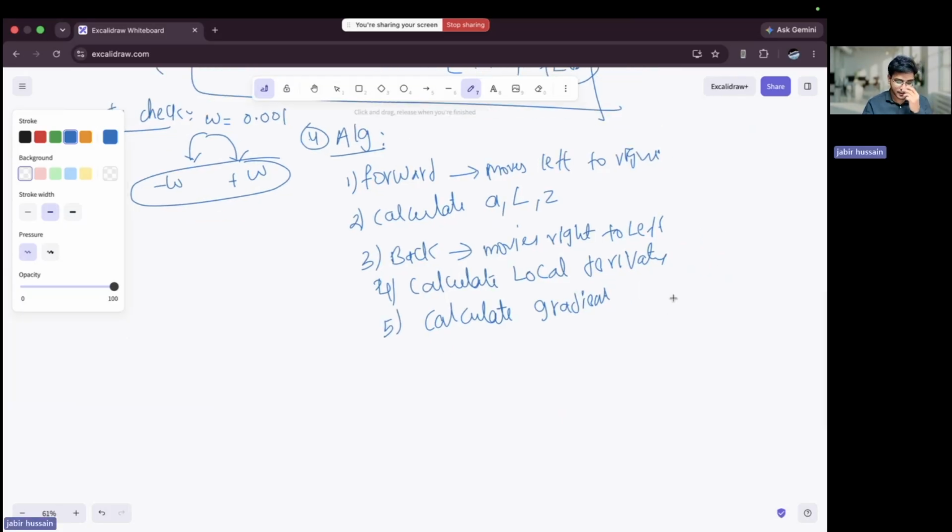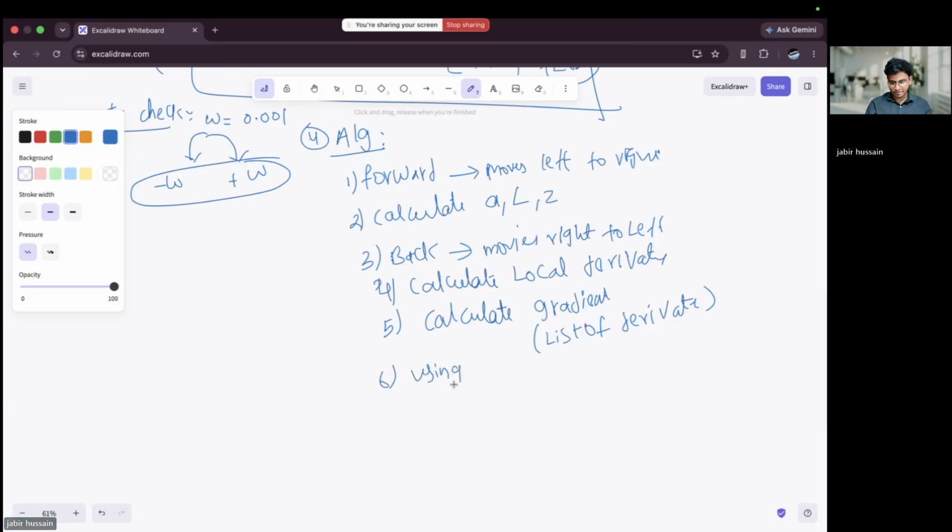Gradient is nothing but a list of derivatives combined together. Here we are combining 3, 4 derivatives, right? We call this combination a gradient. So a list of derivatives is nothing but the gradient. Calculate the gradient and